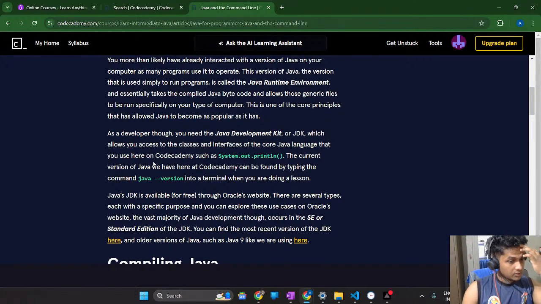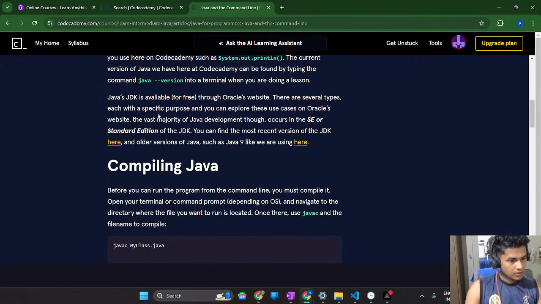This is one of the core principles that allows Java to become as popular as it has. As a developer, though, you need the Java Development Kit (JDK), which allows you access to the classes and interfaces of the core Java language that you use here on Codecademy, such as println. The current version of Java we have here can be found by typing java --version into the terminal. The Java JDK is available for free through Oracle's website. There are several types, each with a specific purpose,